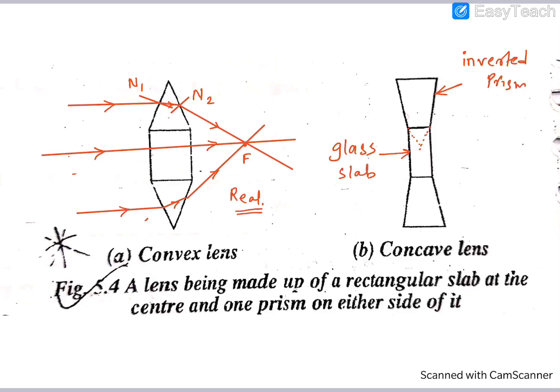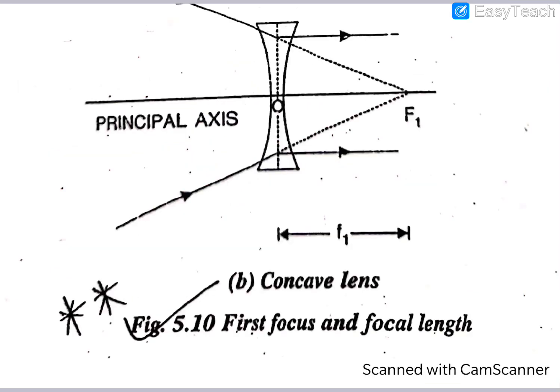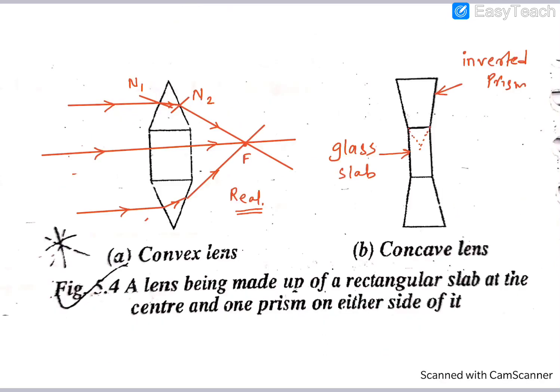Whereas what happens in a concave lens? So let's see now. If it's a concave lens, see how will the light rays go through the concave lens. So in a concave lens, first of all, I'll just remove all this part, we don't need it now. So in a concave lens, say this is our light ray starting from here and then from here.